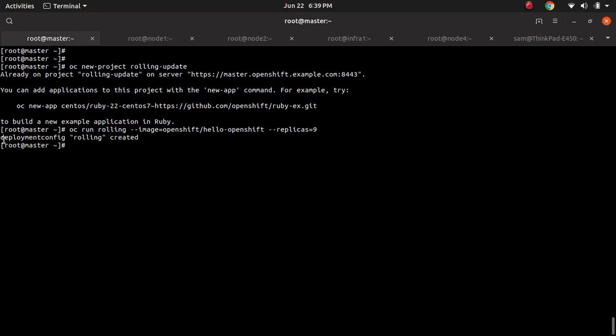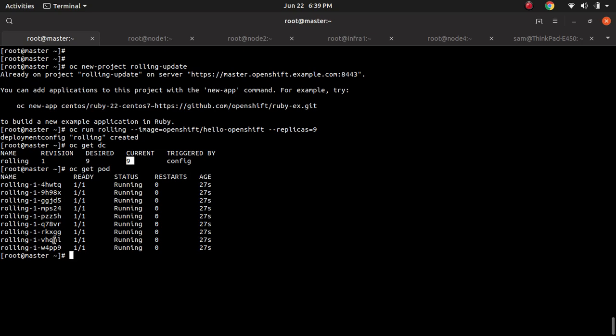So the deployment config has been created. We can use the command oc get dc. You will see the deployment config rolling is created, the revision number is 1, desired is 9, and current is 9. So it states the number of pods. In my case 9 pods should be running, and current is 9. You can also see oc get pod, and these pods are running. You can also see oc get rc, so it is managing the 9. Okay,